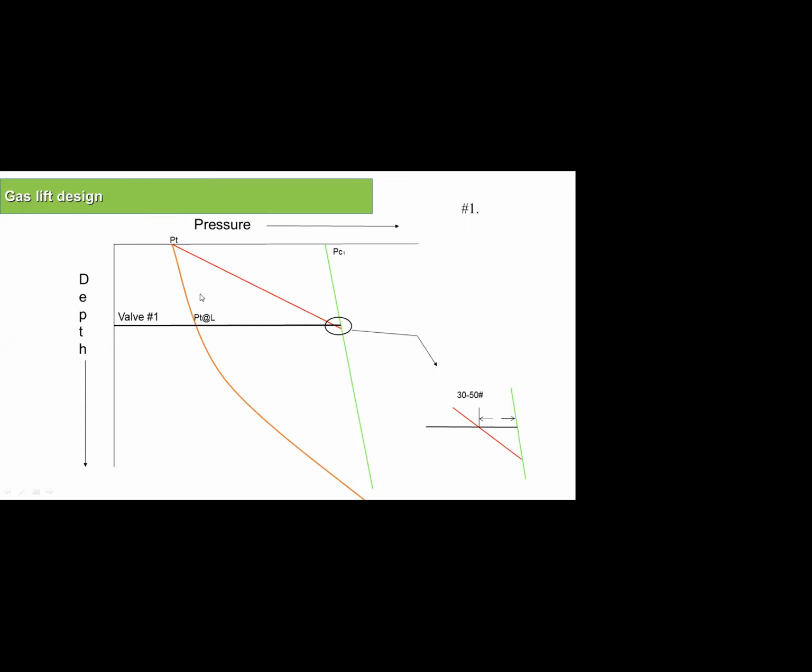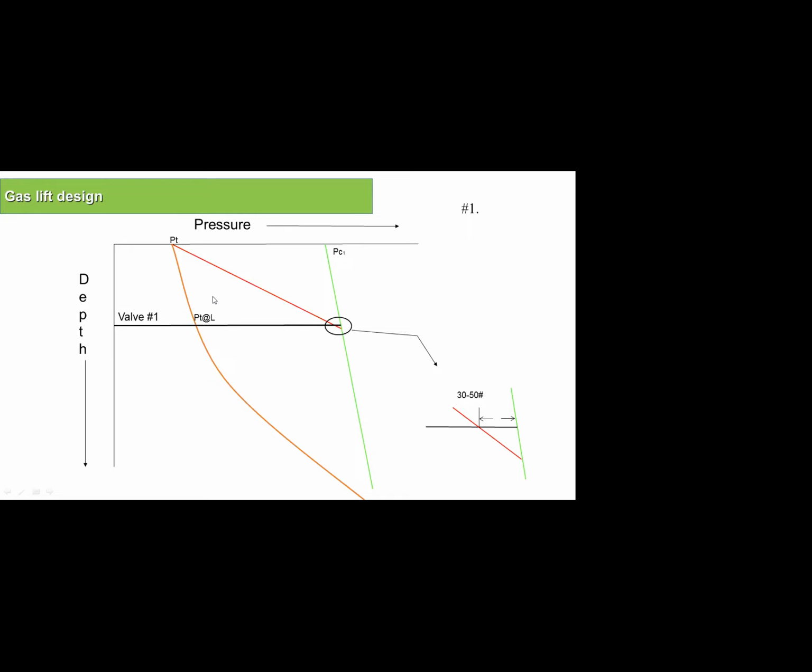I took valve number one up here, or I took valve number one down here. If valve number one is down here, I will not be able to inject gas and produce, because this is my maximum gas, the gas that I can kick off the well with. So I cannot inject gas, the gas will not reach the valve, and the well will still be dead. So if this valve is down, I will not produce, and I will not be able to make this unloading process successfully. If the valve here is up, yes, I can do the unloading, but I will use more